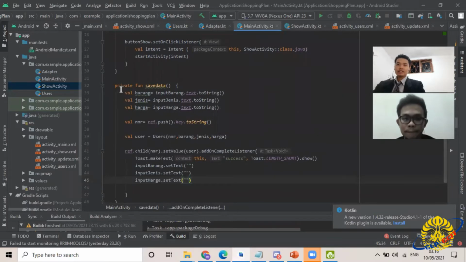Nah, this is private fun saveData. This is for save data to the Firebase.